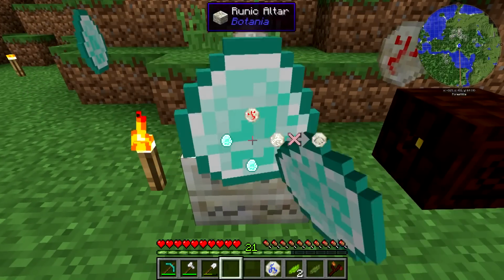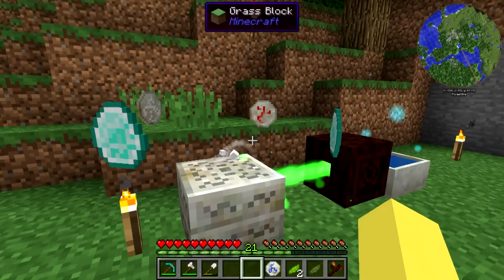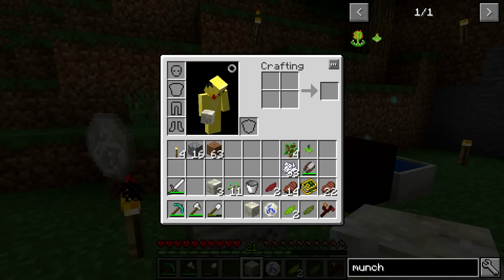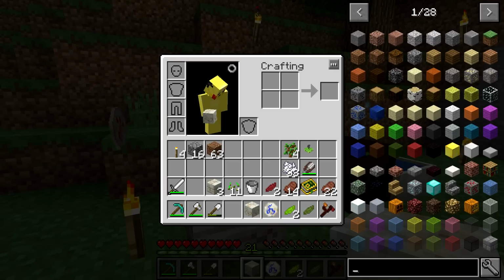There we go. The mana diamonds. We'll get the Rune of Gluttony. And we've got our last living rock. I really hope we don't need any more. I don't think we will. If we go and look at the